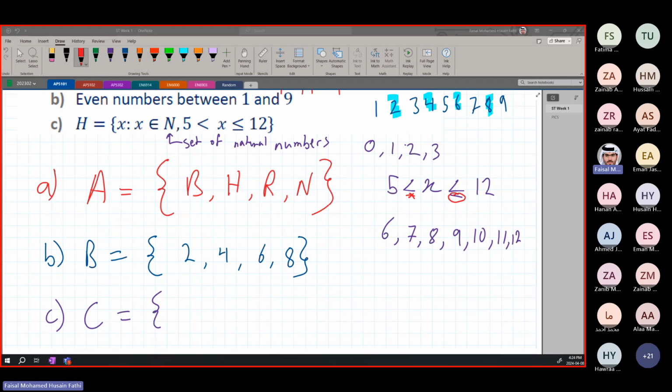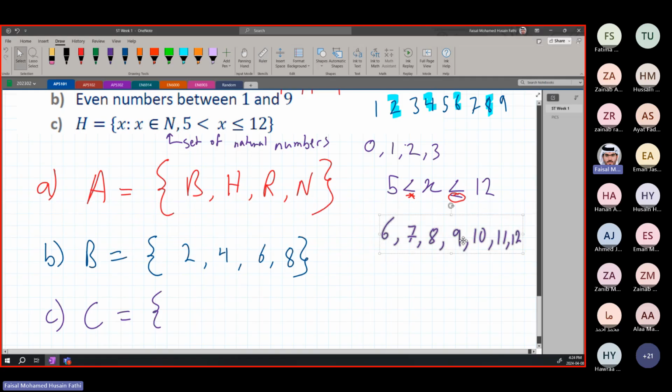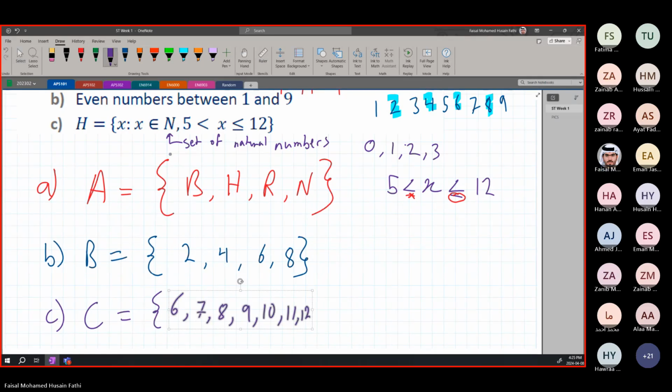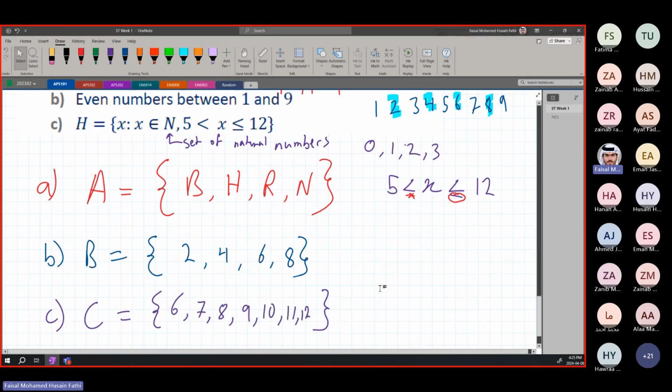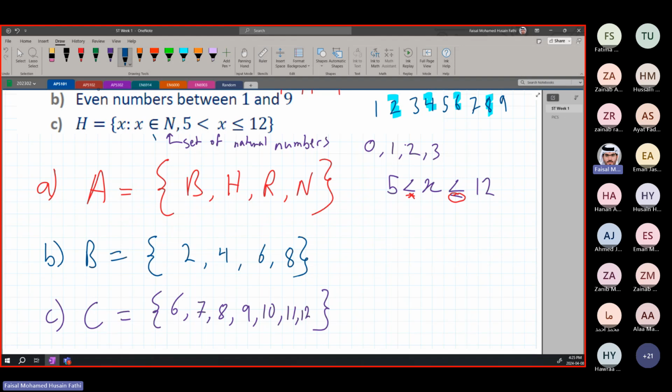You need to know these simple notations so you do not make mistakes. So it's going to simply be the same thing that I just wrote down. This is going to be our final answer, and this is our set. Don't get too confused when you see an element of N. All you should know is that if you see N, it's going to be whole numbers, and that's it. If it's an element of N or belongs to N, usually I call this element of. Why do I call this an element of? Because each one of these is considered an element of the set. These are elements of the set.